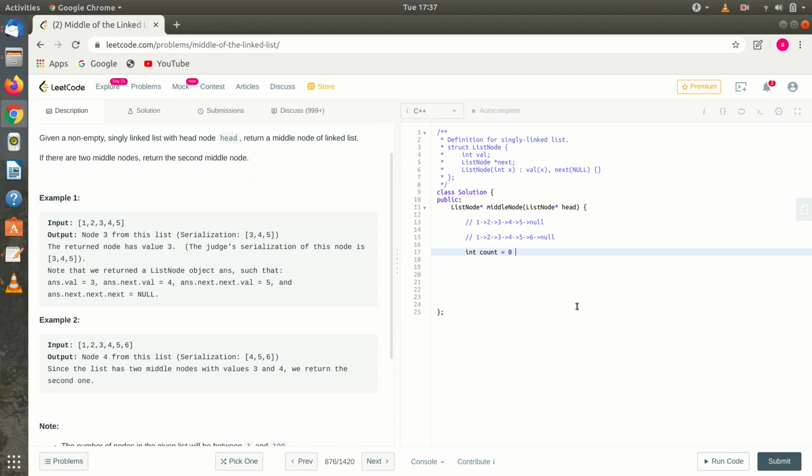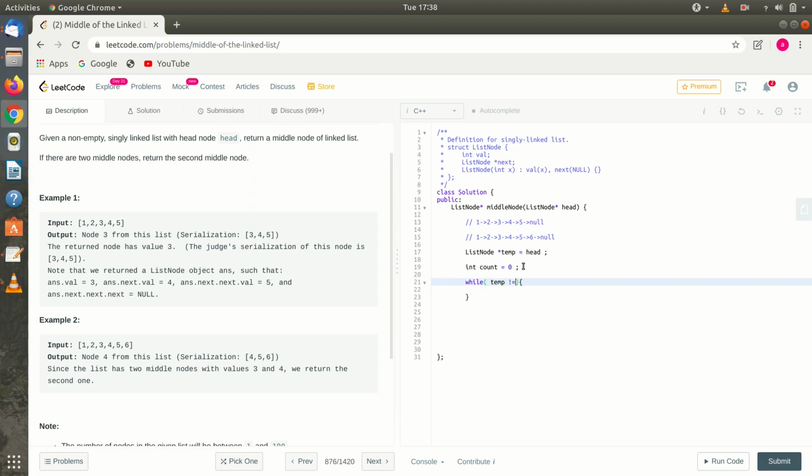So I'm initializing count with 0, and I'm storing head in a temporary pointer, ListNode temp equals head, because head will become null with this while loop.